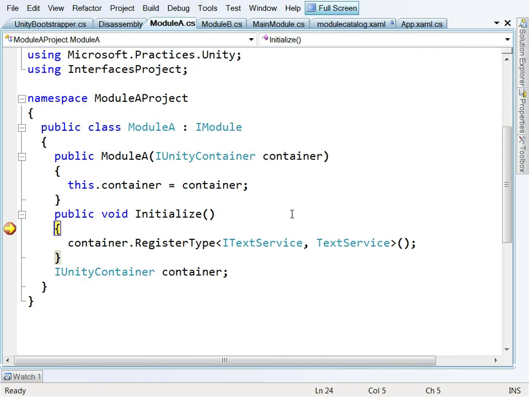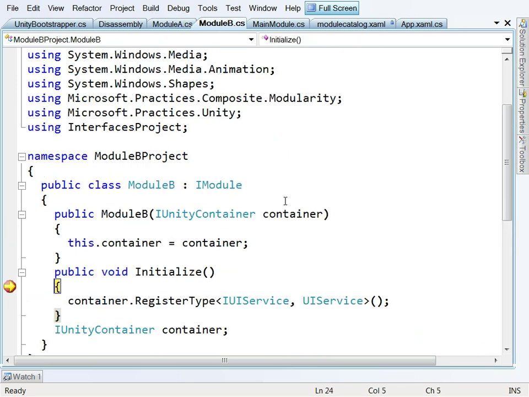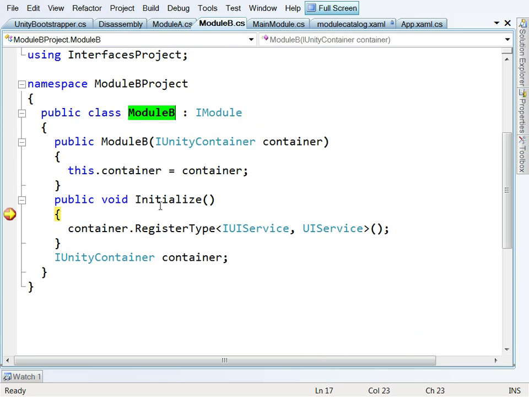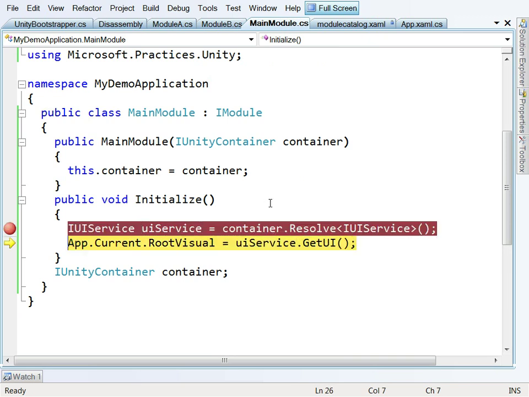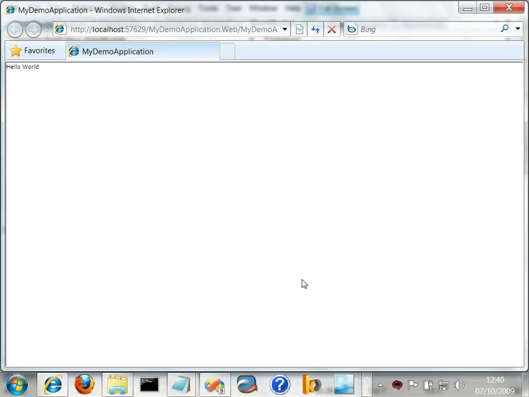Okay, great. We've landed in module A as it gets initialized and registers its text service. We've landed in module B, which is initializing and registering its UI service, already having essentially a text service. And we've landed in the main module, which is asking for that UI service. It gets a UI service, it asks it for the piece of UI, which is just a UI element, and it puts that onto the screen with our hello world. So possibly the lengthiest hello world example you've ever seen,